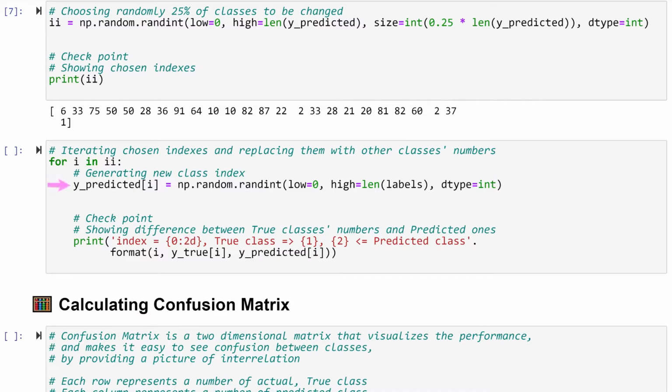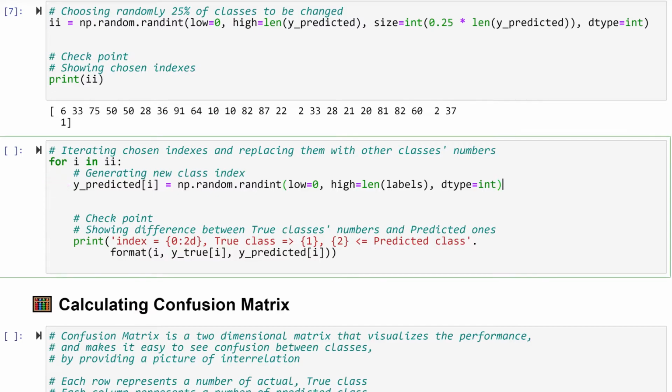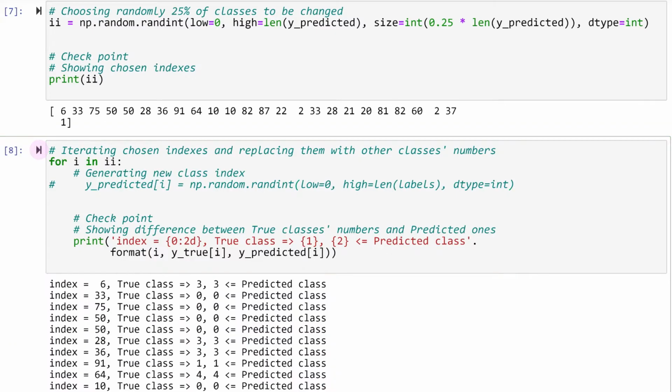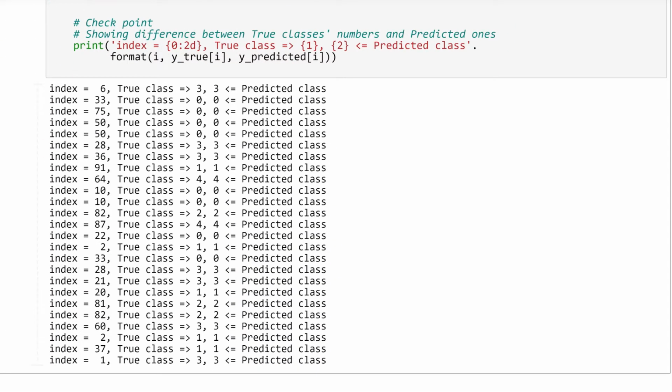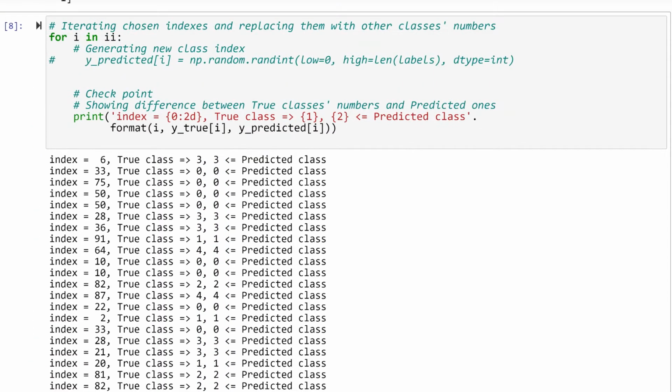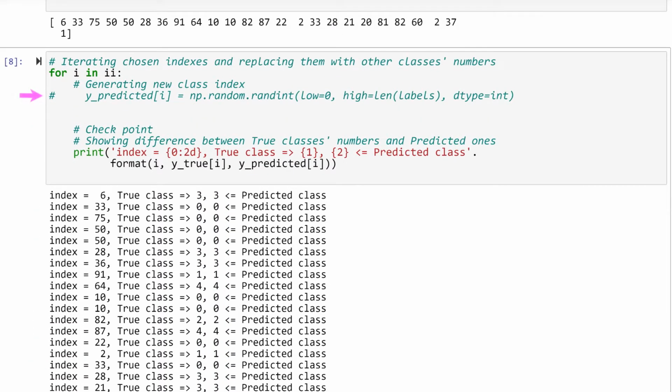Okay, let's comment this line of the code and run this cell. Here it is. We can see classes indexes and corresponding classes numbers in both vectors, true and predicted. For now, they are the same. Let's uncomment this line of the code and run this cell again.